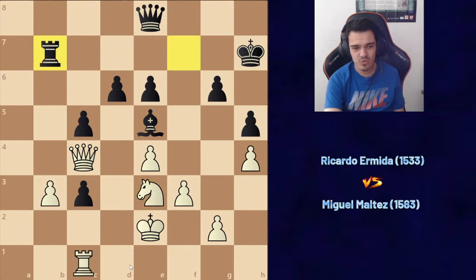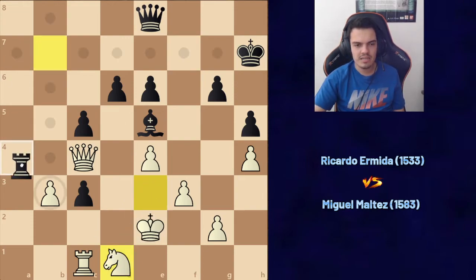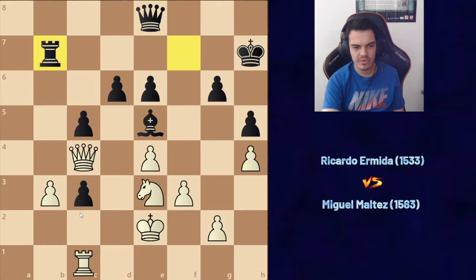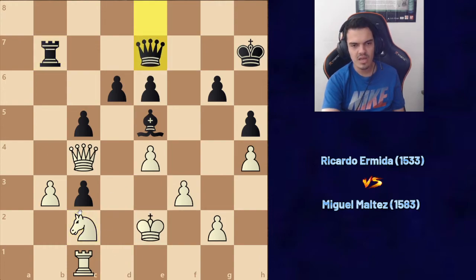He played rook b7, nice move. I played knight c2. Why did I not? Oh, okay. I know why I played knight c2. If I played knight d1, I mean, his rook is coming to b4, and this is not good at all. I'm losing the pawn on b3, and it's game over. So I played knight c2. He played